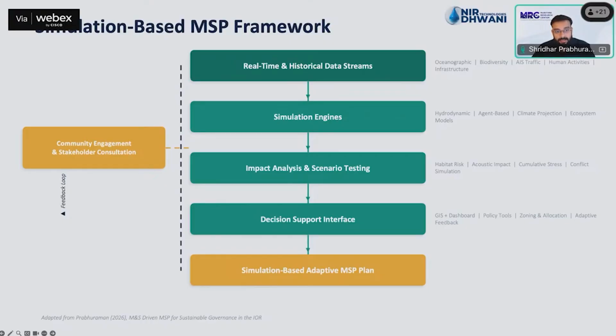That then goes into impact analysis and scenario testing, where stakeholders can identify different scenarios. If there's an increase in sea level rise, and we take cyclone Sidar or cyclone Amphan that happened a couple of years ago, and we want to replay the same event 10 years or 15 years down the line with increased sea level or an additional amount of rain, then how would that impact the urban as well as the cropland area in the region? That kind of impact analysis is something this tool provides.